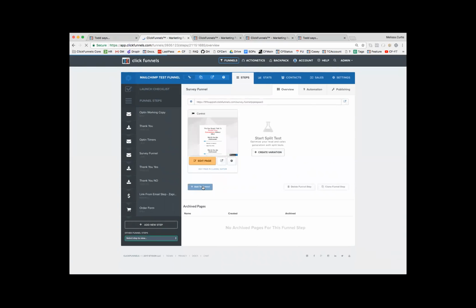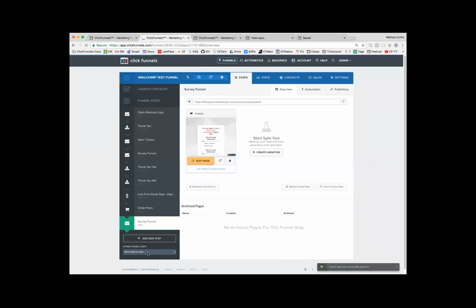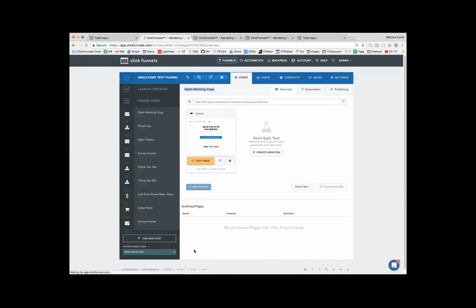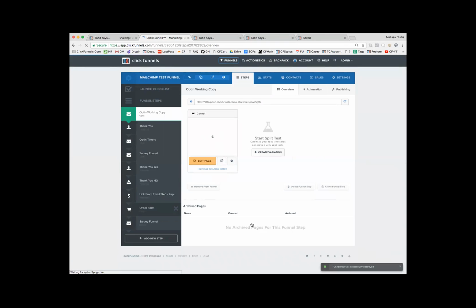Now, if I delete the funnel step, so let me go ahead and go to this opt-in working copy. You see I selected it from the funnel steps, and here it is, opt-in working copy, and I could add it to the funnel, but if I delete the funnel step and click OK, now that funnel step is totally gone, it's totally deleted. Okay, so that you can clone it, but